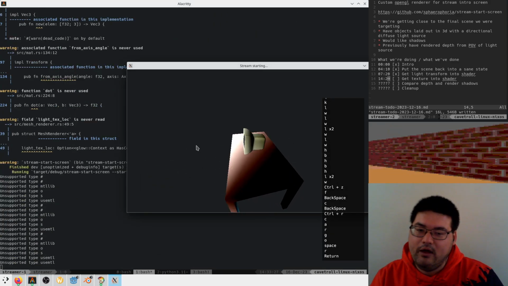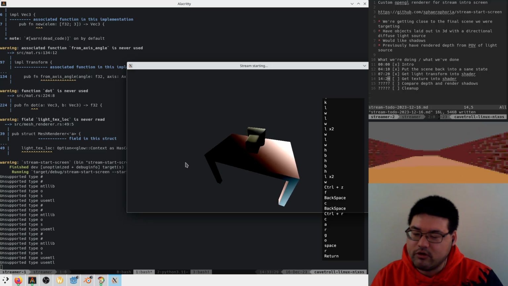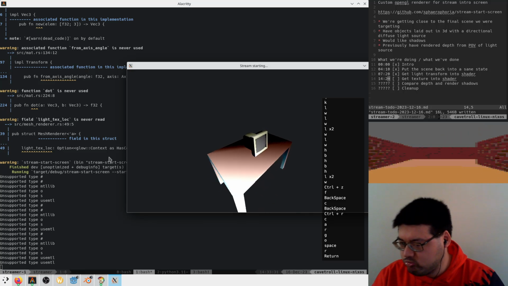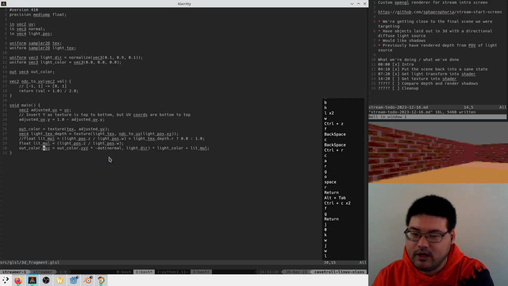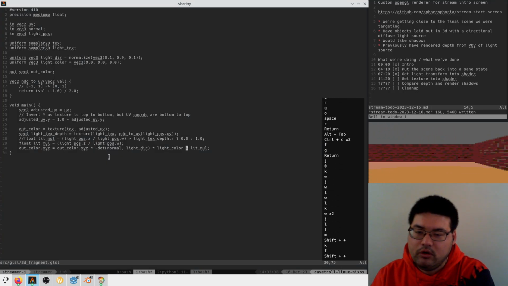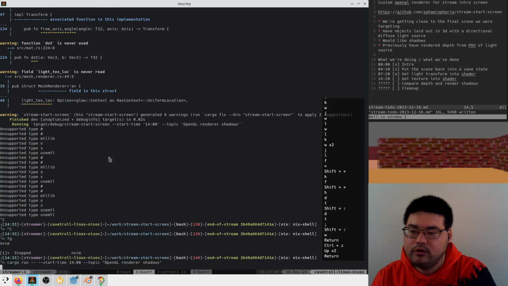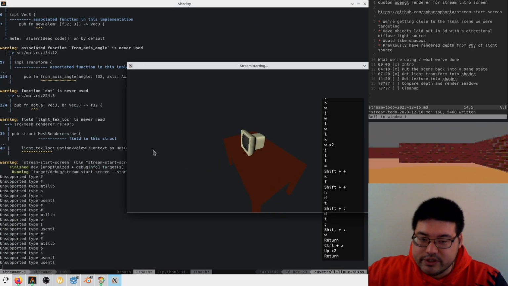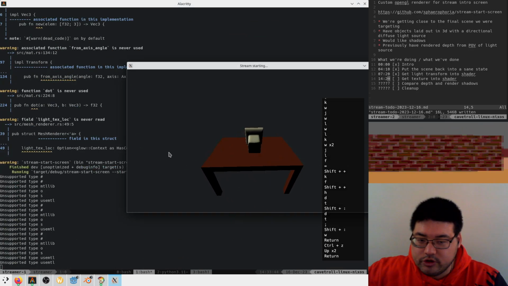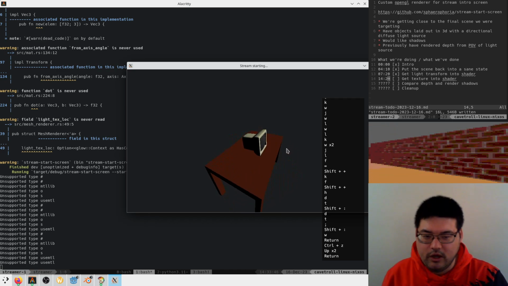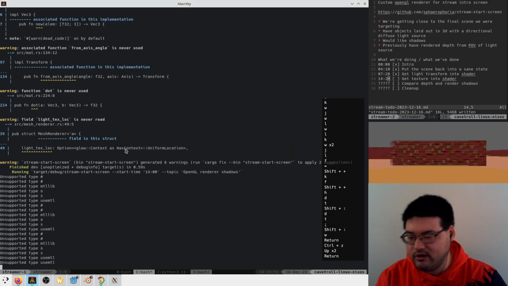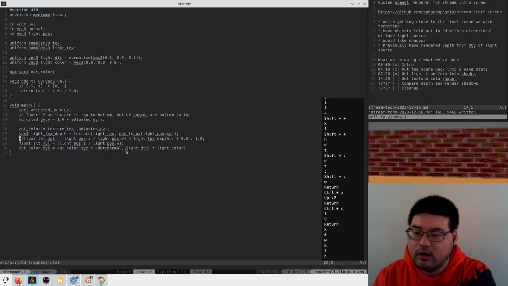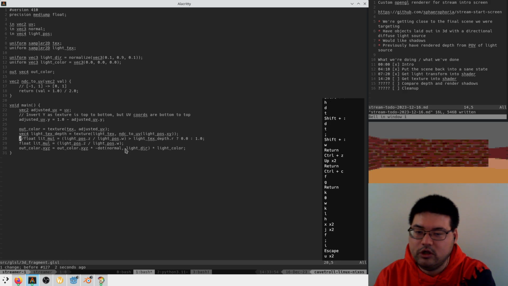We're seeing from the perspective of the light, and things that are farther away are getting darker. Versus if we didn't do that lit multiplier, we just see normal shadows. And just to double check, the light is coming from the front right of the desk. And if we look at our lit mul,